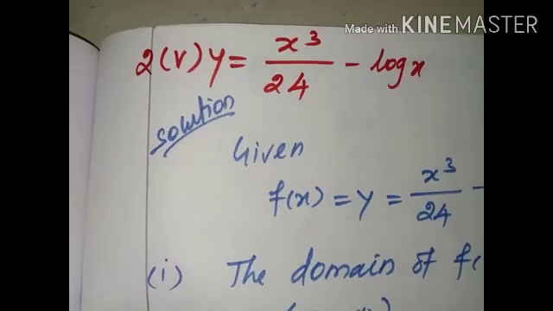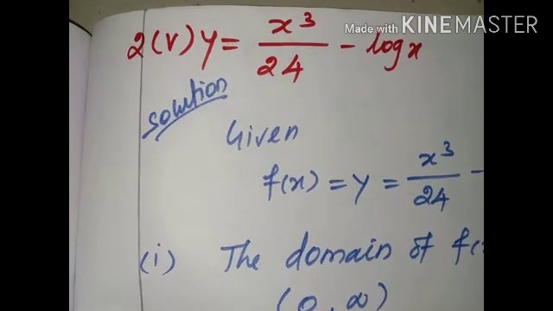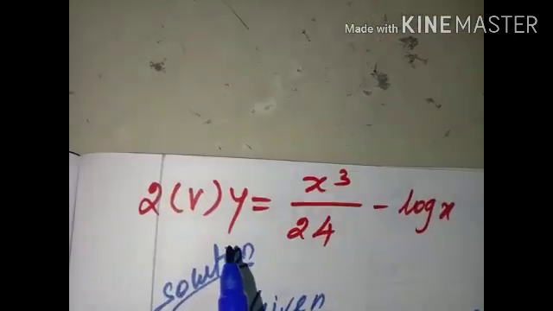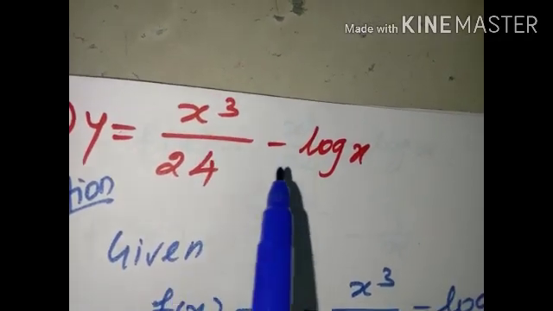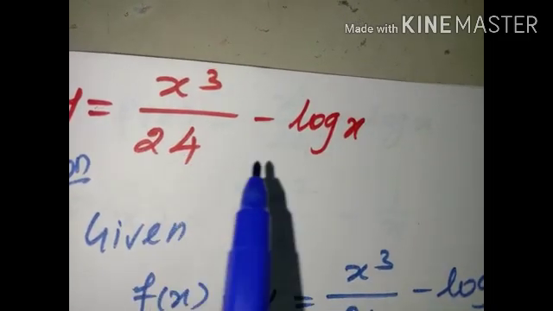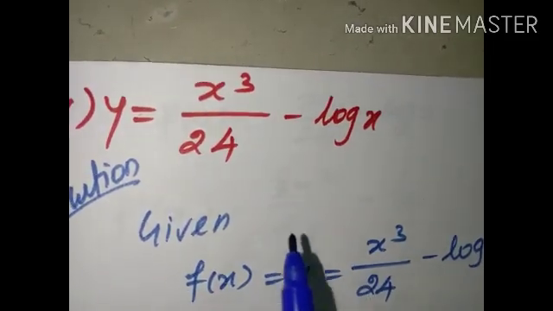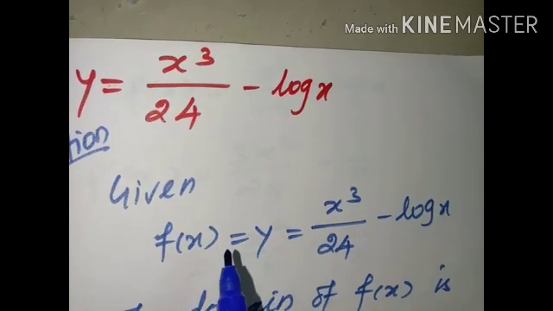Hi students, I am going to start exercise 7.9, second sum, fifth subdivision. Y is equal to x cube divided by 24 minus log x. To find the value of the curve, the 7 conditions must be satisfied in the